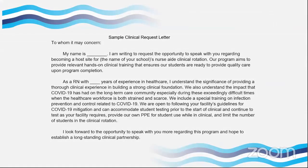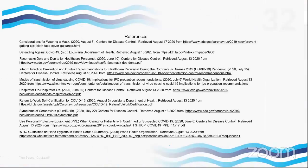We do also have sample clinical request letters. I will send this copy to Victoria. I know anybody that I've been working with, I've been posting it for you all as well. But again, just pulling on the fact that you are prepared to function in a clinical setting. Your students understand the infection prevention control protocols and policies related to COVID-19. And I think stressing that you have incorporated everything into your curriculum should increase the likelihood of you getting clinicals. Again, CDC and your health department, I can't